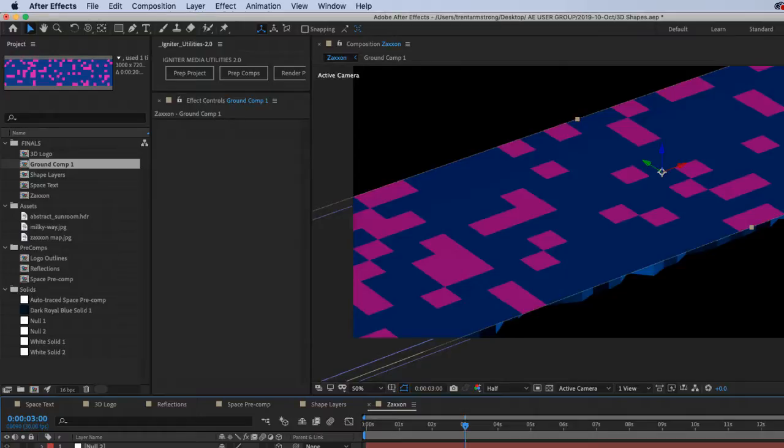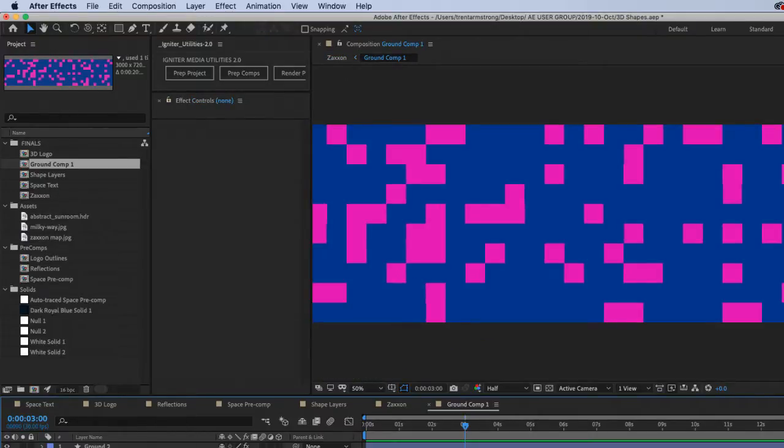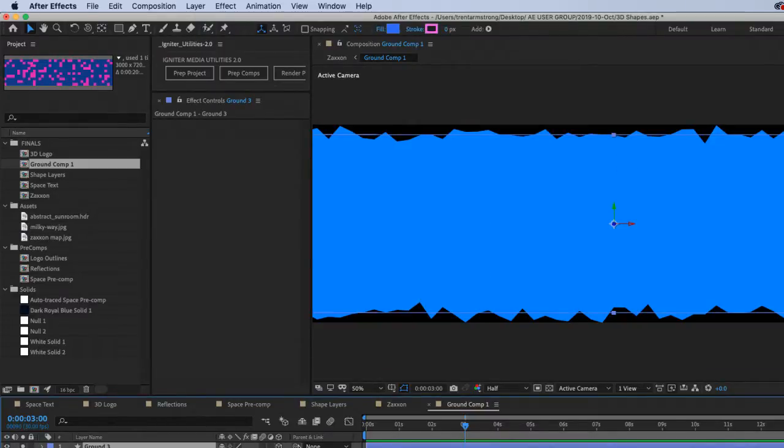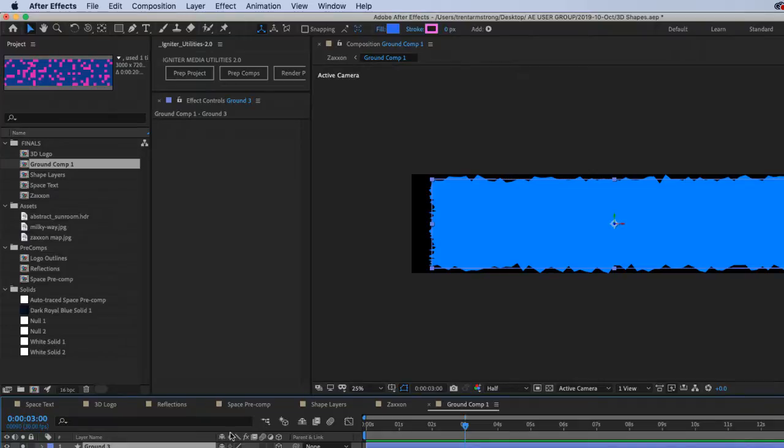And the only concern I have is what happens when I move it to my ground layer. Is it going to keep the same edges? Because I paste it in here.